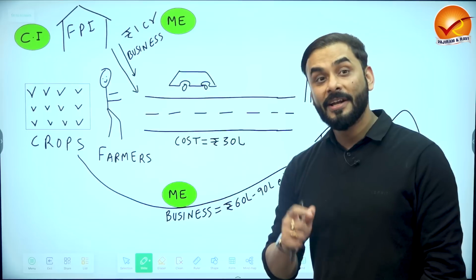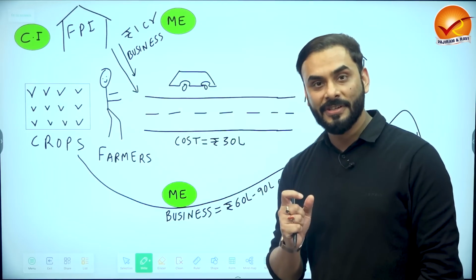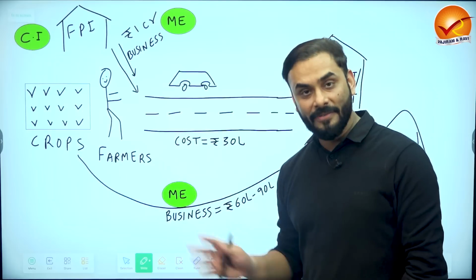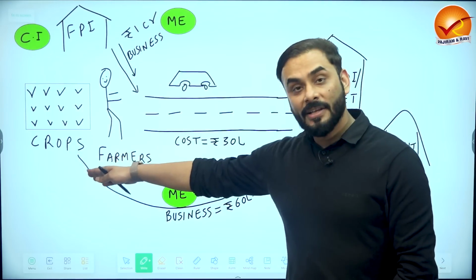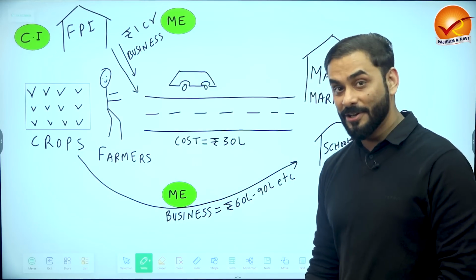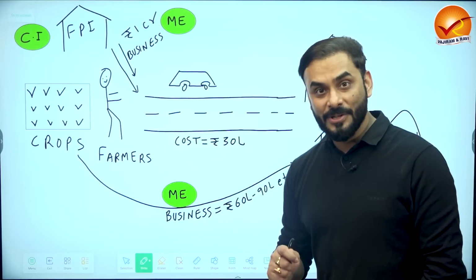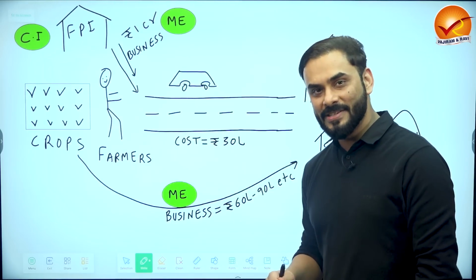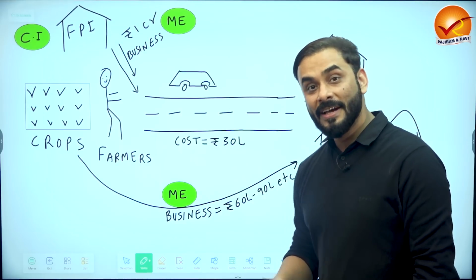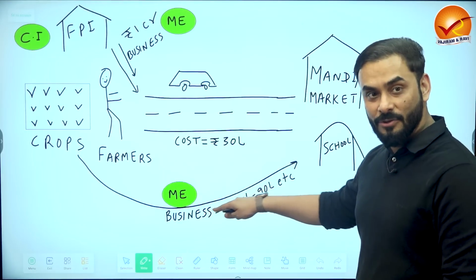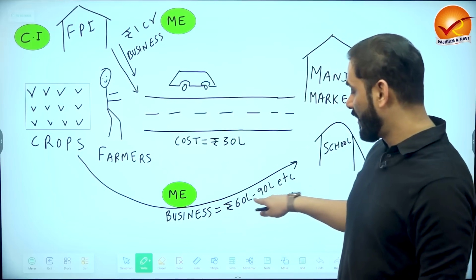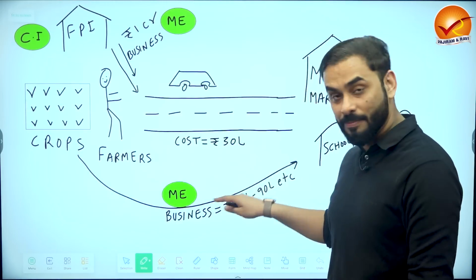Let's suppose that the total business that the farmer does through this road is approximately 60 lakh rupees to 90 lakh rupees. He is not the only farmer; there are so many farmers. So suppose the crops are sold in such a way that the total business is 60 lakh rupees to 90 lakh rupees. What did you observe? Just with a 30 lakh rupees road, look at the business that you are generating. Your expenditure on infrastructure creation is 30 lakh, but when a farmer sells the crop in the market, that money is added to the national income of India. The increase in national income of India is more than 30 lakh rupees.